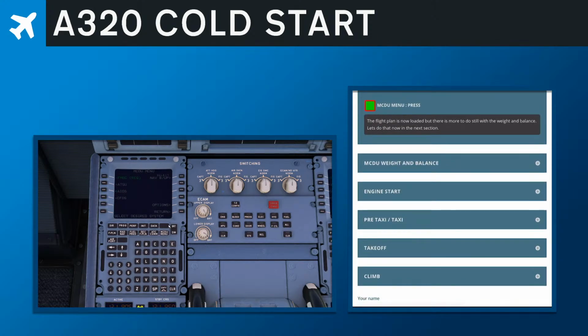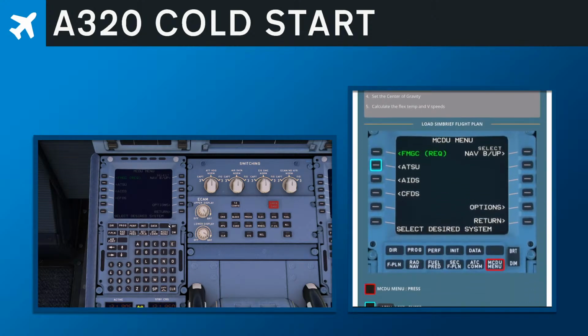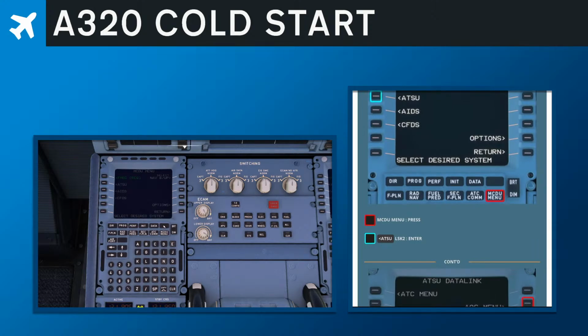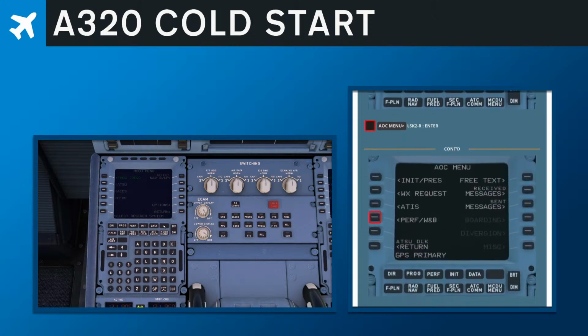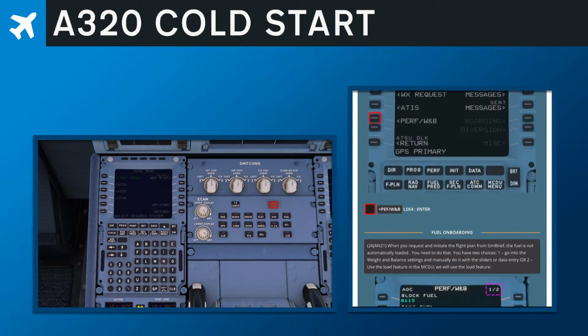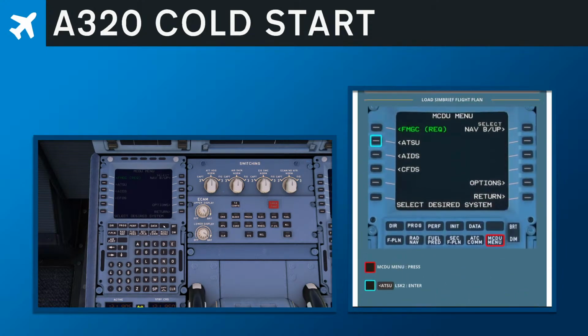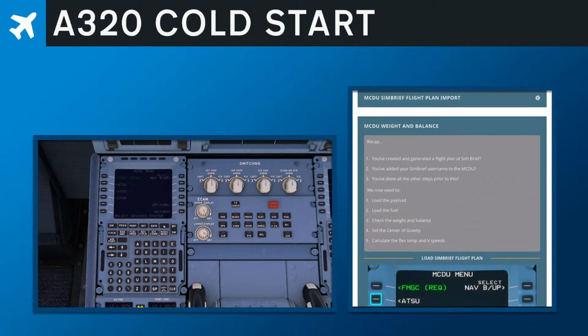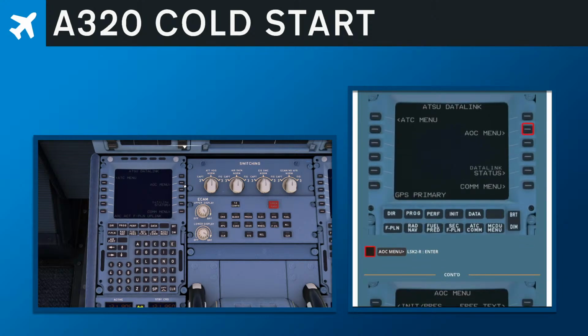Check, done. And now we're going to do the weight and balance. Now this really had me caught for quite some time. So load SimBrief flight plan. Turn primary. Okay, yeah. So let's go back to where we were. It's very easy to get lost. And right, so we want to press ATSU. So we've done the MCDU, pressed ATSU, and now back in here,